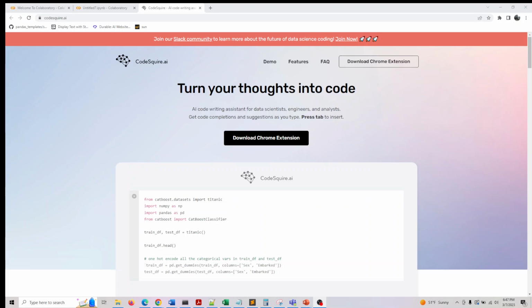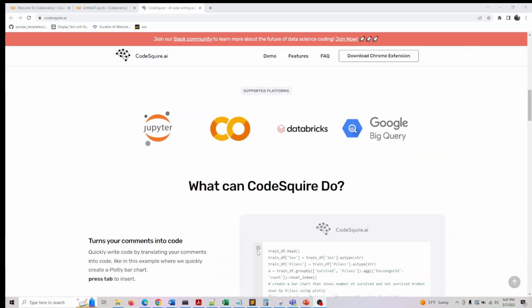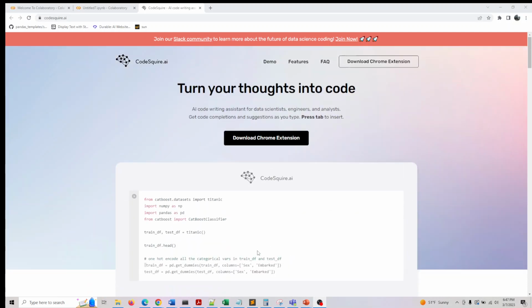Welcome back. In this video, we are talking about how we can use a plugin for Google Colab, Google BigQuery, Databricks, and Jupyter Notebooks, similar to GitHub Copilot. GitHub Copilot would work for you in your Visual Studio, but it won't work for you in your browser. So if we need similar functionality like GitHub Copilot for our Jupyter Notebooks, Databricks, or Google Colab, then